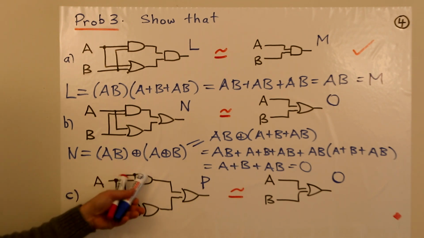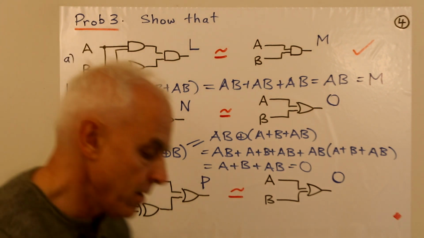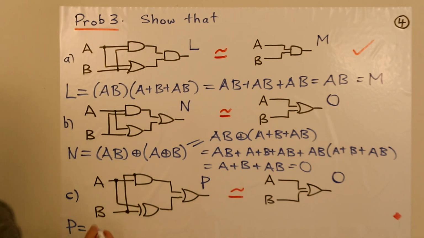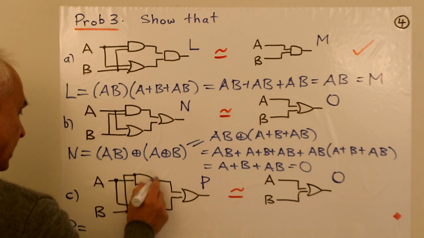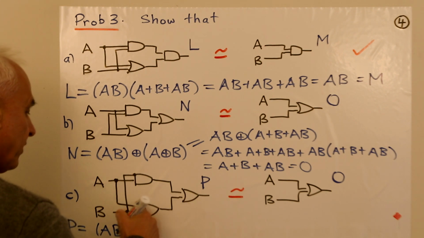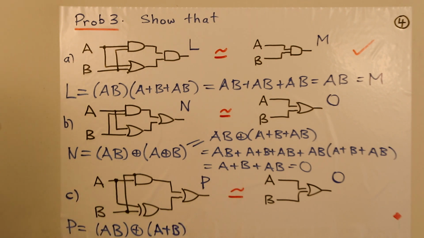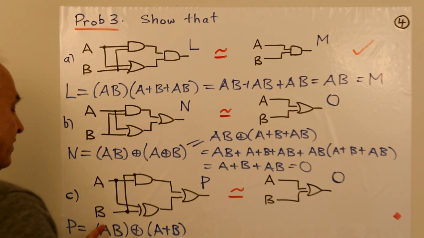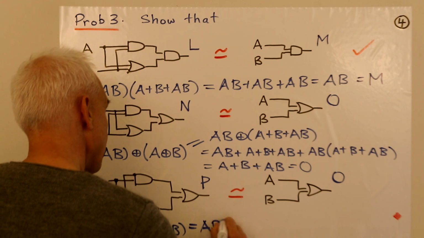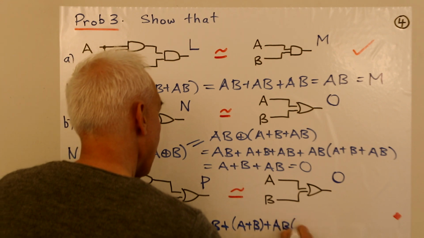So A and B are the inputs both to this AND gate and to this XOR gate. And then there's an OR gate that connects them. Okay. So what's happening here? We've got an OR gate. And the first input is AB, that's the result of that AND gate. And then we have to circle sum that with this thing here. And this is an XOR gate, which is just a sum, A plus B. Okay, so now we replace the circle sum with what it's equal to in the algebra of Boole. That's the first one plus the second one plus the product, AB times A plus B.